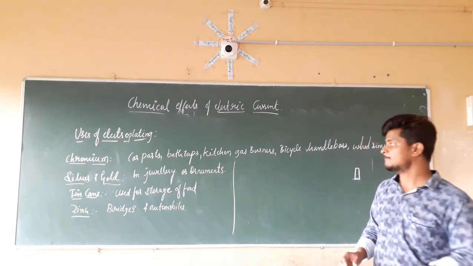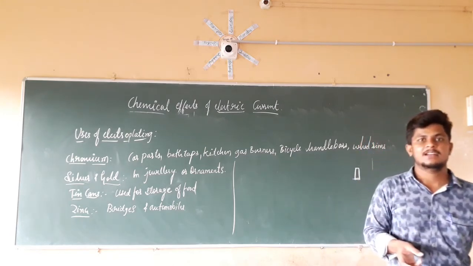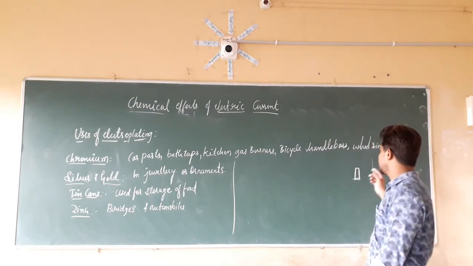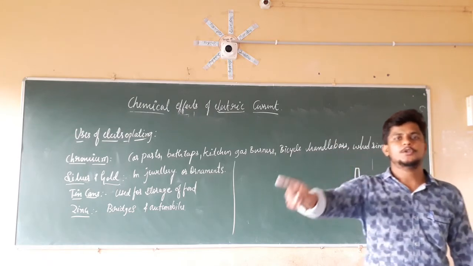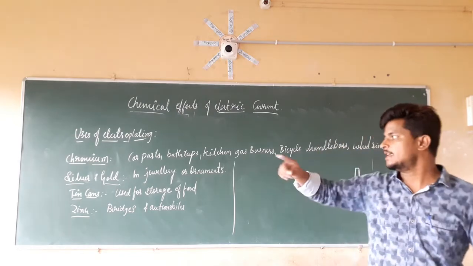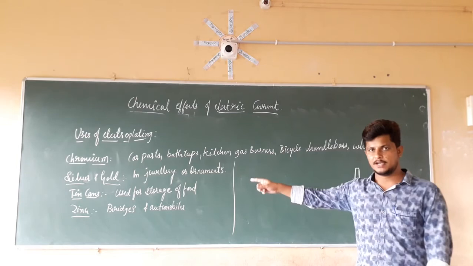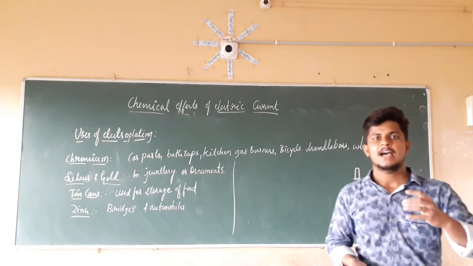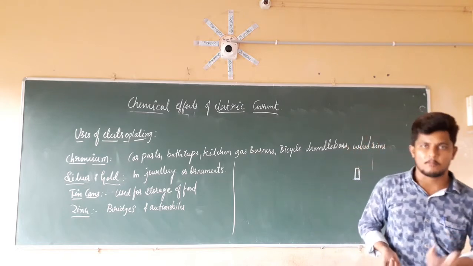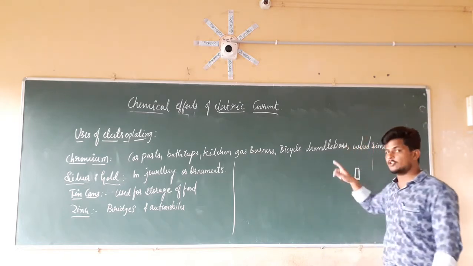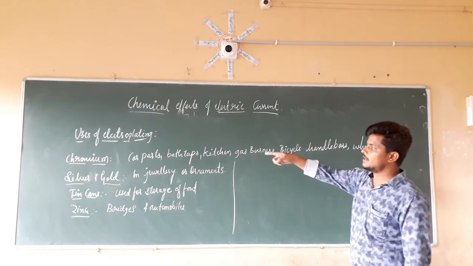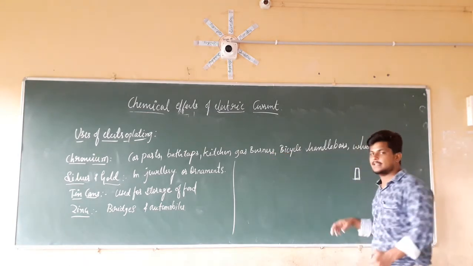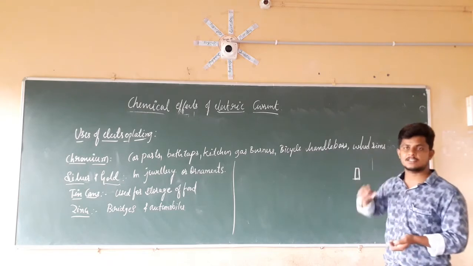For that reason, we take a cheaper material, and on that cheaper material we coat a costlier, expensive material, so that it looks good, looks great, and the lifespan of those things is more. For that reason, inside we use the cheaper material, and on that we deposit or plate the expensive material. Like this, we plate for the purpose of these things.